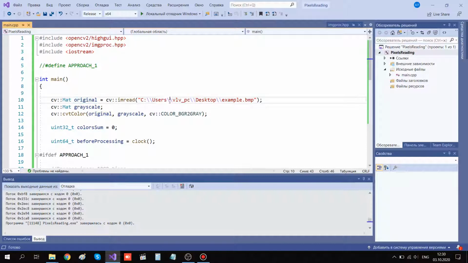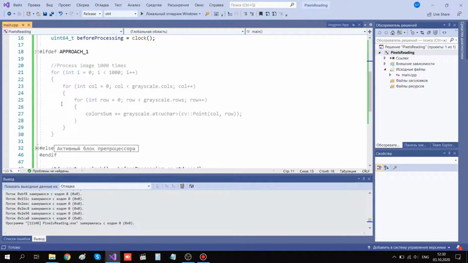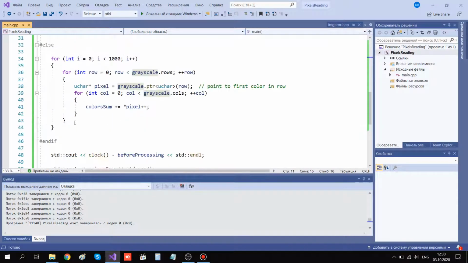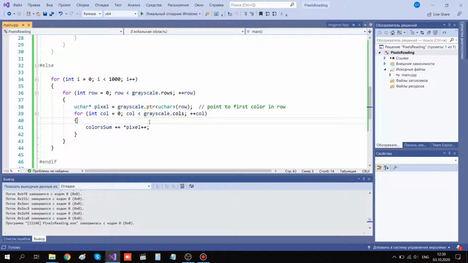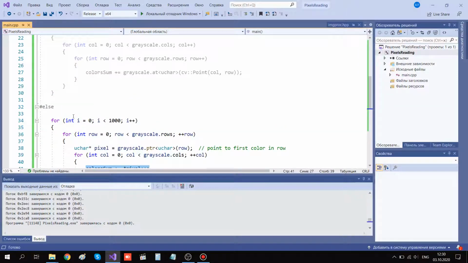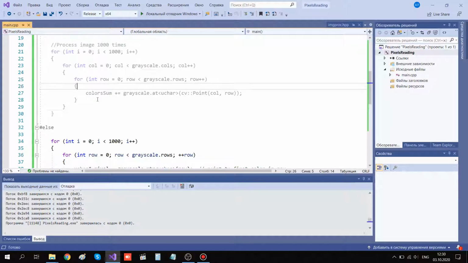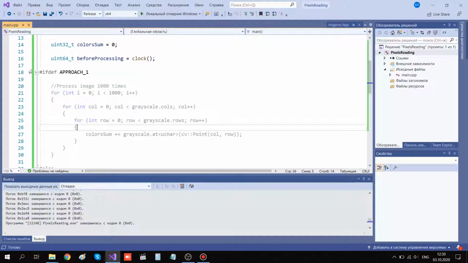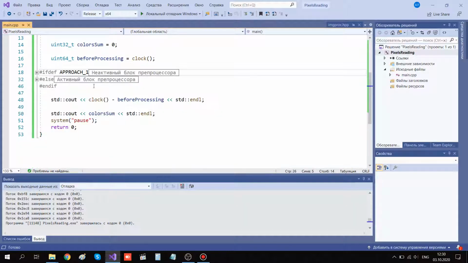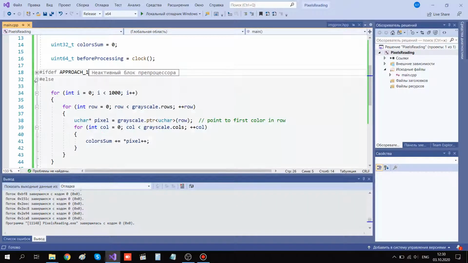We take the original image, convert it to grayscale, and then go through all pixels inside and make a sum of all pixels of this image, and we do it 1000 times just to be sure that one approach is more effective than another